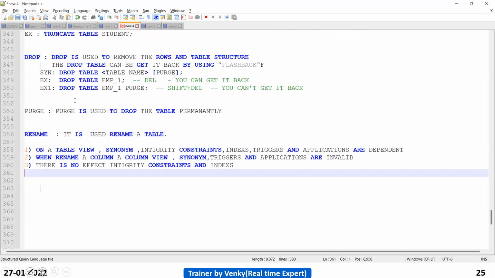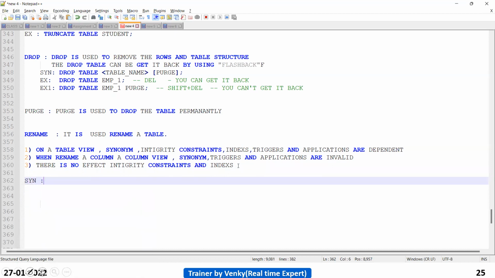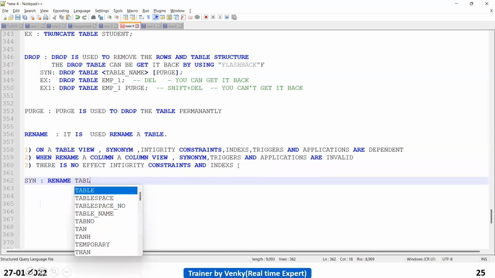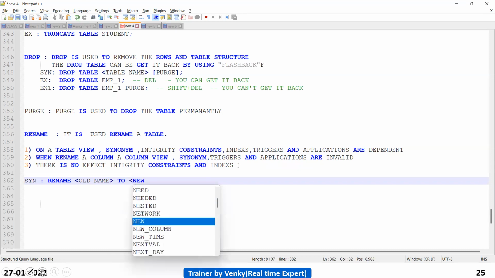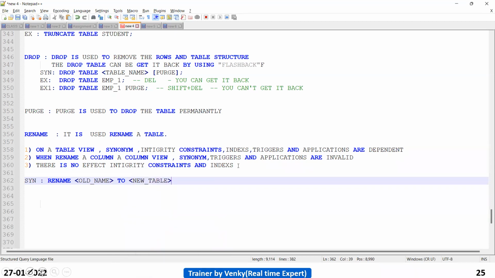Now the syntax to rename a table: rename, sorry, you need not mention the table keyword here. Rename old_table_name to new table name, which you wanted to change it to.